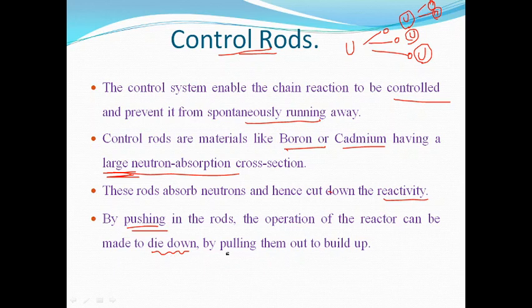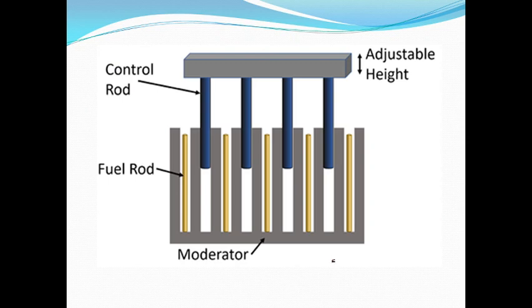If you pull out the control rod, the reaction will build up, because more neutrons will now be produced. There is no one to control the number of neutrons, and the reaction will multiply very fast. The reaction will build up. So the control rod can be inserted or withdrawn from the system in order to have a reaction rate as we want. So let us have a quick look at the parts of the nuclear reactor that we have studied until now.